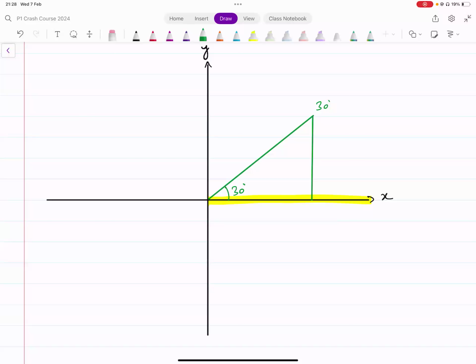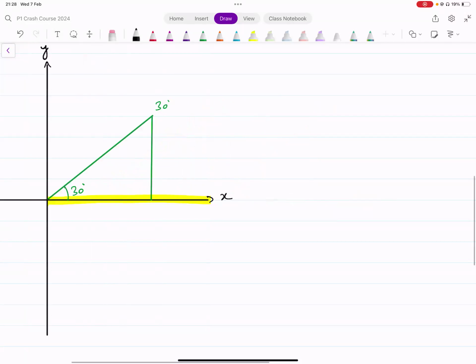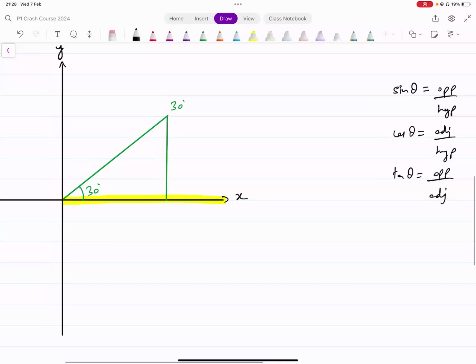Remember the definition of sine that you used to have earlier? Sine was defined as opposite over the hypotenuse, and cos was defined as adjacent over hypotenuse, and tan was defined as opposite over adjacent. What we're going to do now is we're going to change those definitions slightly. Instead of saying this side is opposite,